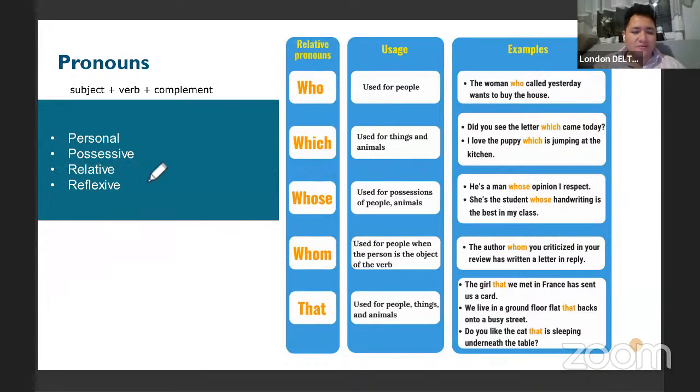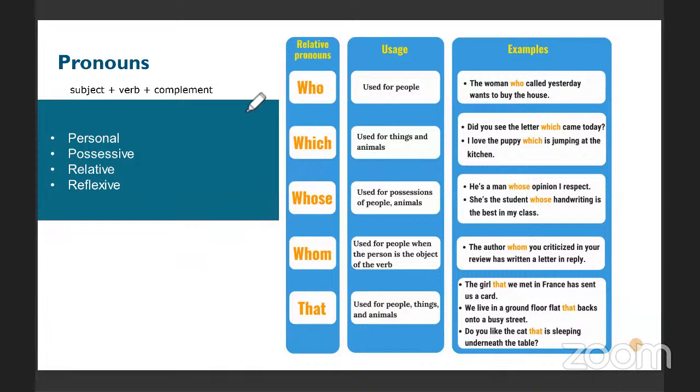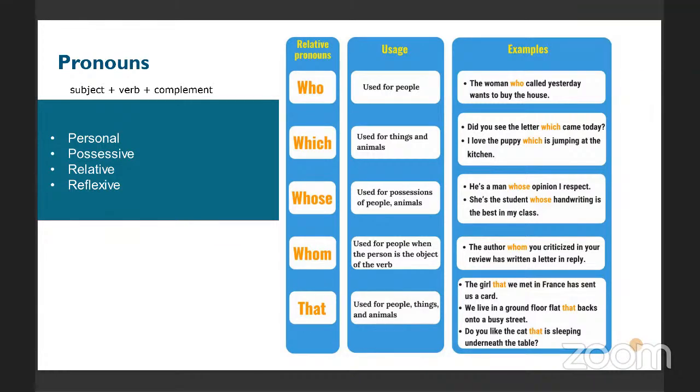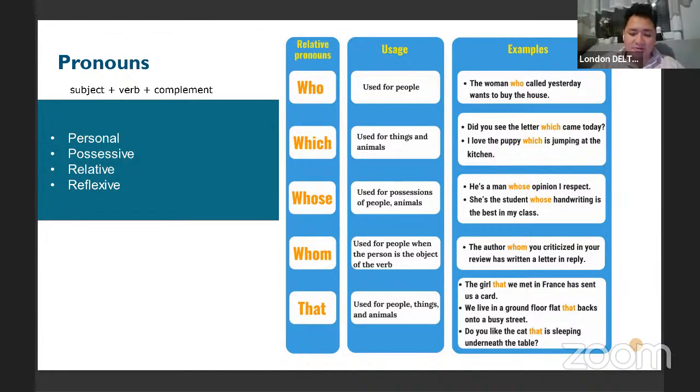Mine, yours, his, hers, its, ours, theirs. Okay, with the S, because my, your, his, the other ones, those are